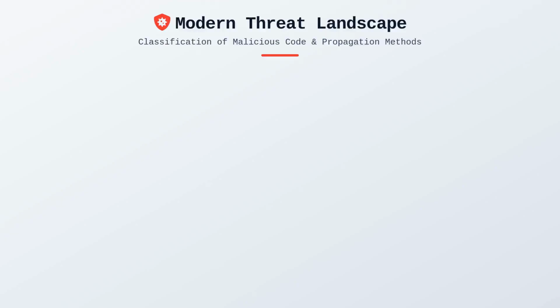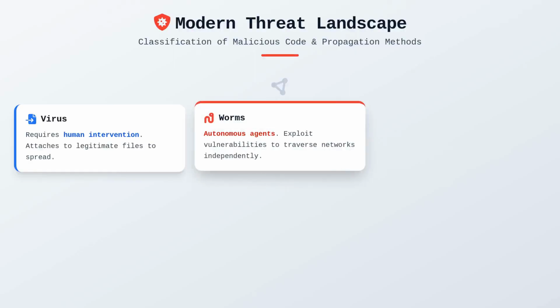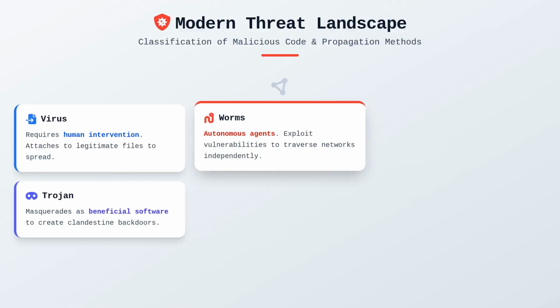To understand the modern threat landscape, we must first classify the various types of malicious code that circulate within our networks. A virus requires human intervention to propagate, typically by attaching itself to a legitimate executable file that the unsuspecting user then runs. Worms, in contrast, are autonomous agents that exploit vulnerabilities to traverse networks independently, often exhausting system resources in the process. Trojans masquerade as beneficial software, enticing the user to install them only to open a clandestine backdoor